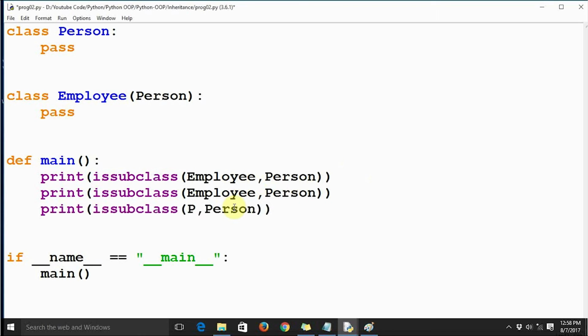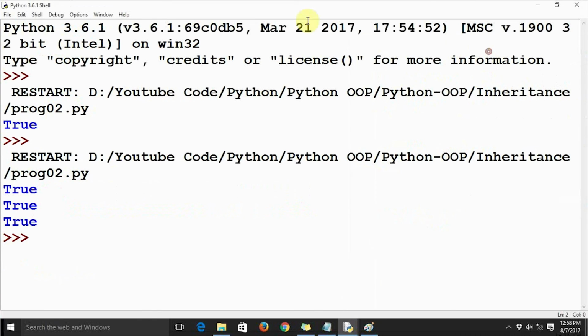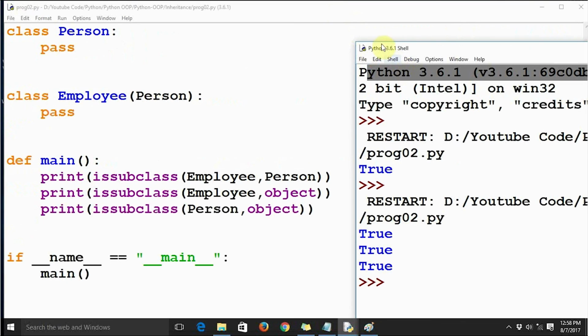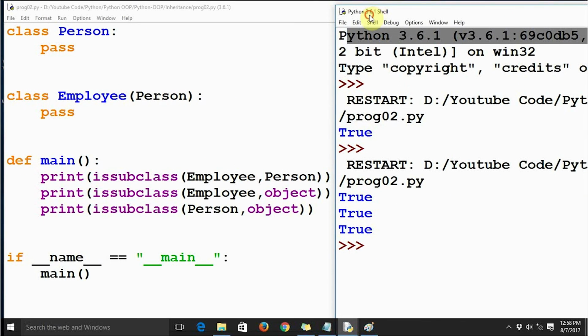Let's say Person, and let's say object, and let's run this code. We should get true for all the three print statements, correct?